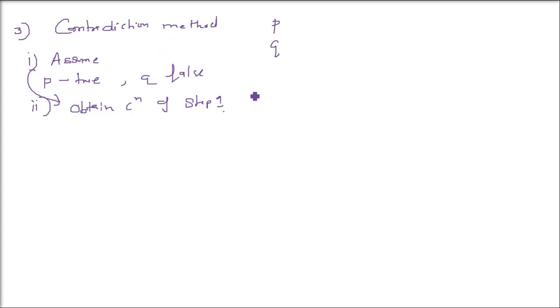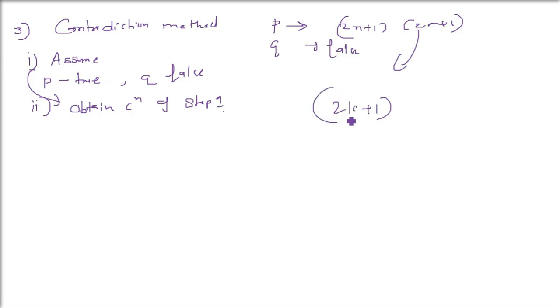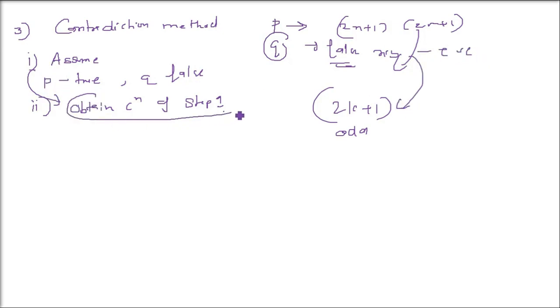Okay. Let me tell you again. We say P is true, that is, X and Y are odd integers, it's okay. Now Q is false. When we multiplied it, we got 2k plus 1. But because Q is false, that is, XY is an even integer, it's not an odd integer. But it is coming as an odd integer. That is, Q, which we assumed to be false, is not false actually. It's true. Okay. We contradicted ourselves.